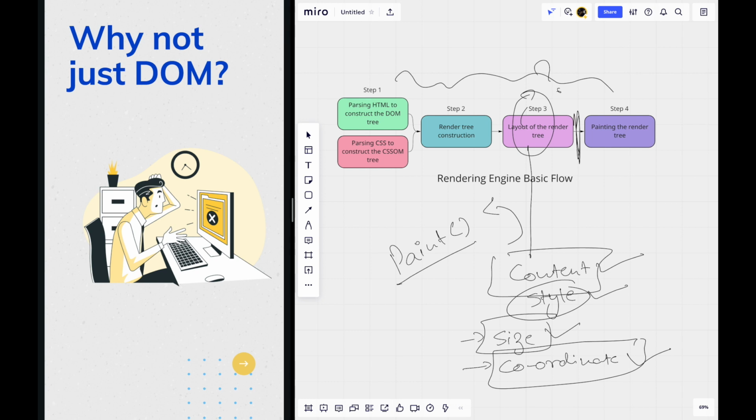This is incorrect. Manipulation of DOM is not at all slow. It's the rendering which follows after each manipulation that happens, because you just saw there are so many steps involved in the rendering of UI. So these steps have to be followed again and again whenever we manipulate our document object model. So whenever we change the content in our document, the DOM is again constructed and this rendering happens. Now this makes the DOM slower.